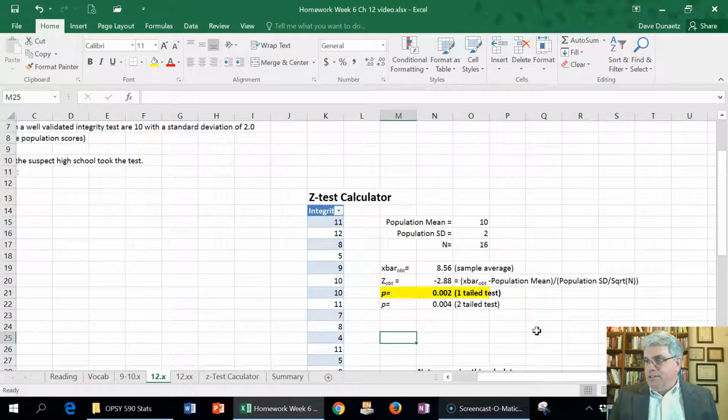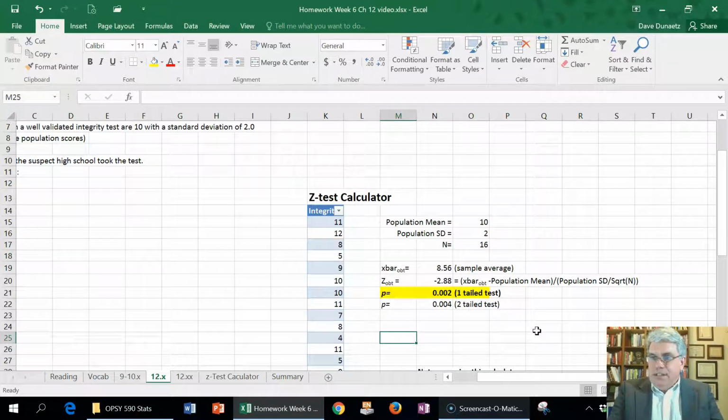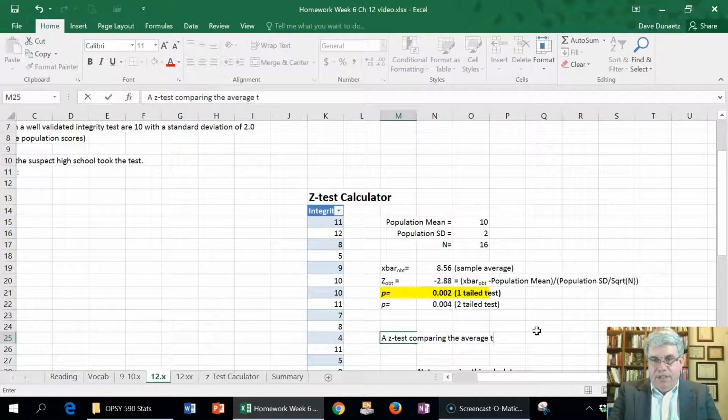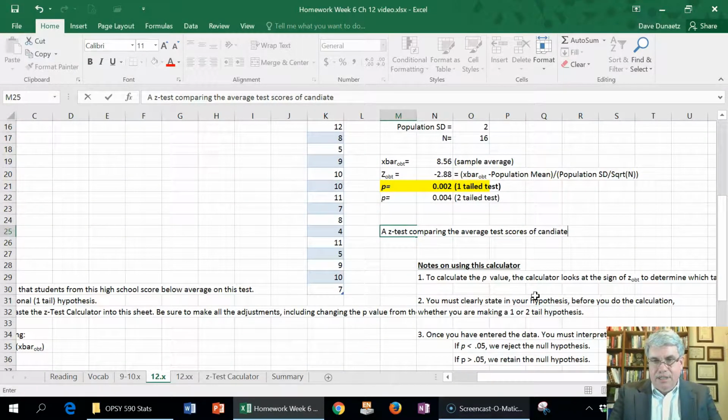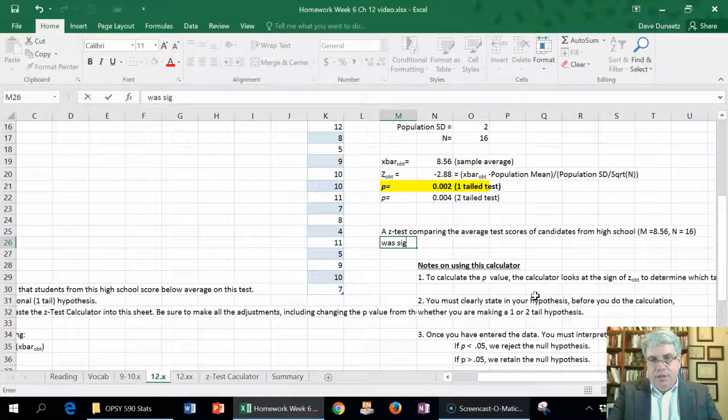So our conclusion is, let's write our conclusion. A Z-test comparing the average test scores of candidates from one high school. So what did we have here? We have mean equals 8.56 and n equals 16. There were 16 in that sample. Was significantly